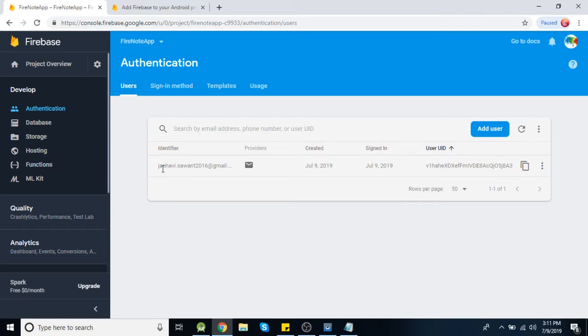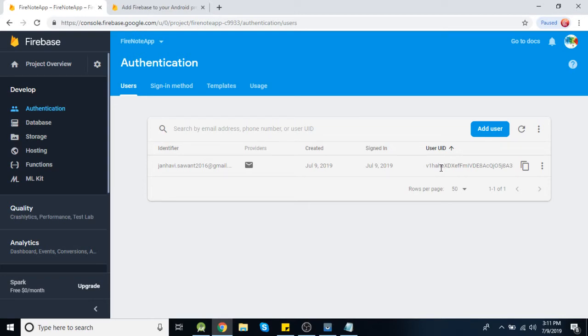You can see here the email ID, then the provider is email because we used email registration, then the date is here, and here you will get a unique ID for every user, so that if you want to store any user data or user information, you can use this ID. And also we'll see in the next lecture how we can use this ID and how we can store all this information in the database.